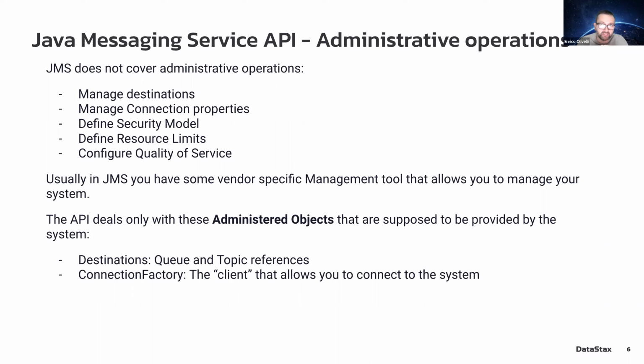There is only some method to perform username and password authentication, and no concept of resource limits, quotas, or quality of service. Everything is to be configured in some vendor-specific management tools. This is good because every messaging system is different from the others. And so it is better that in order to administer